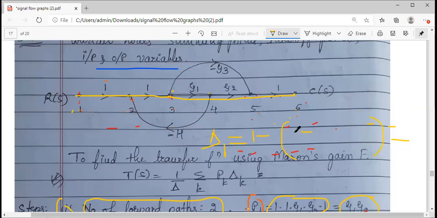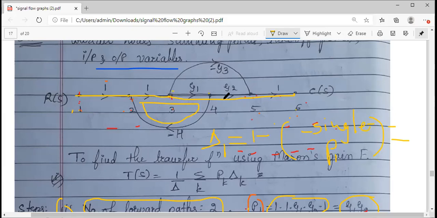You should find the sum of the gains of those loops, whichever are single loops. Always when you talk about this formula, what is the first bracket? 1 minus the first bracket is single loops, the second bracket is 2 non-touching, the third bracket is 3 non-touching, and so on. So what will come here? Sum of gains of single loops which are not touching this first forward path. Okay, so where is our loop here? This is your loop. You have identified this loop. So there is only one single loop. We will see whether it is touching the forward path or not.